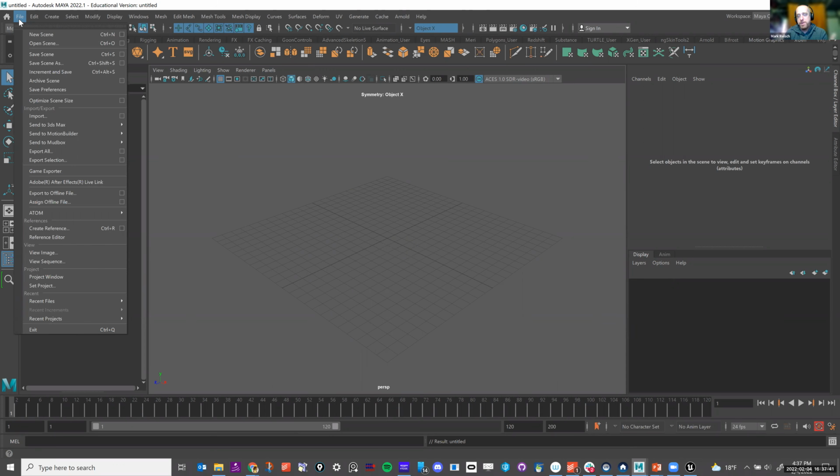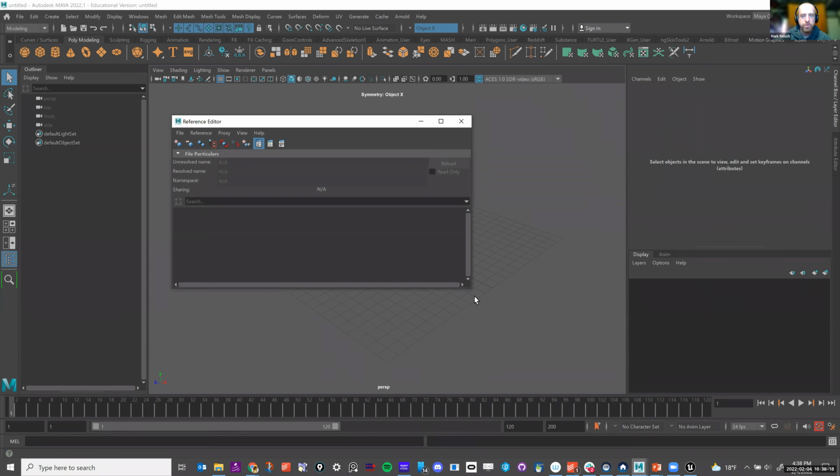For those of you that aren't familiar with Maya, referencing in is kind of like a film editor. You take in a copy of the footage, and when you make some cuts to it, it doesn't actually harm the footage. It's just saying, okay, we're taking this copy and making these changes to it. That's essentially what you're doing: you're bringing in a copy that points to the original, but you aren't actually bringing the original. So to do that, I'm going into File and I'll open the reference editor.